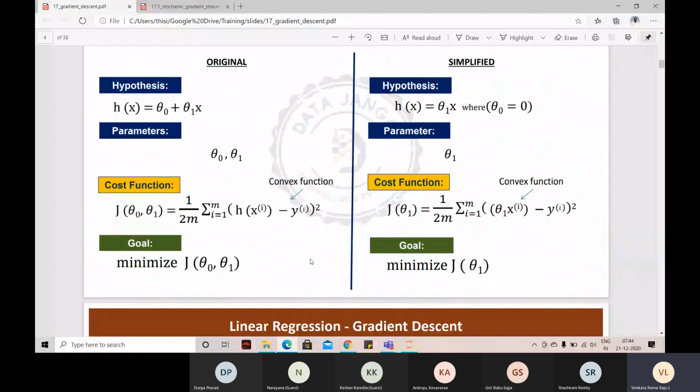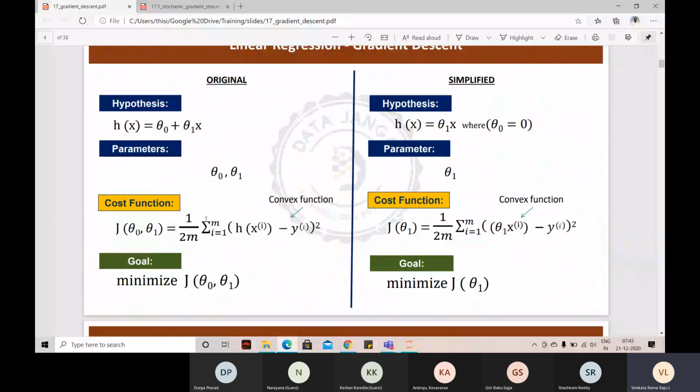Now, coming to gradient descent. If you have one x, one input variable, then the hypothesis function is going to be theta 0 plus theta 1 x. Two constants, or coefficients, are going to be there, and the cost function we have taken as mean squared error by 2. The goal of the algorithm or the solver is to minimize this cost. It needs to choose the thetas in such a way that this total cost minimizes.